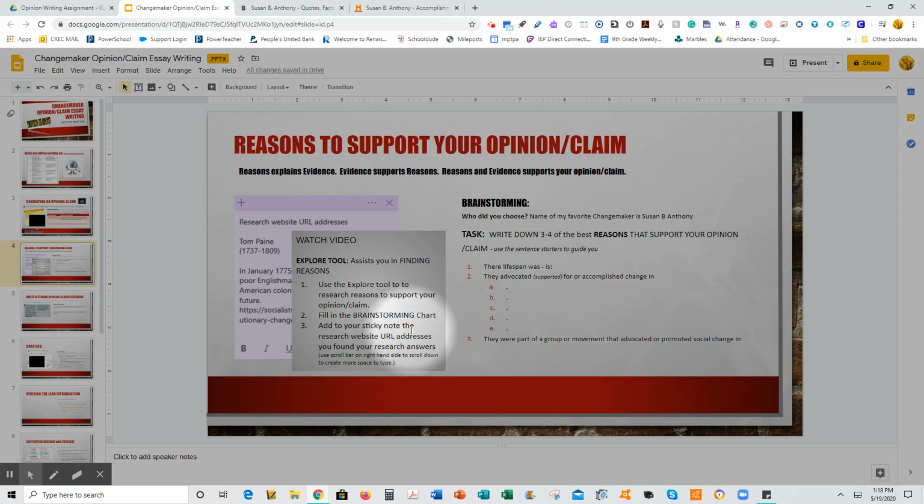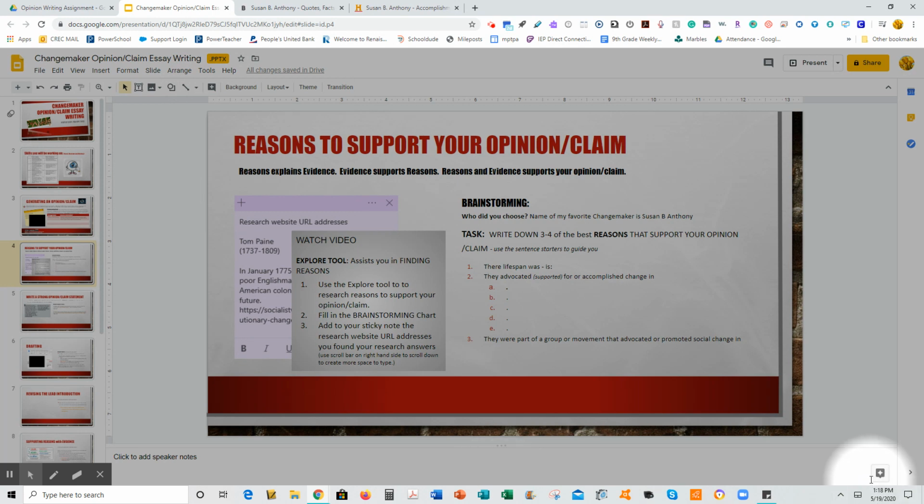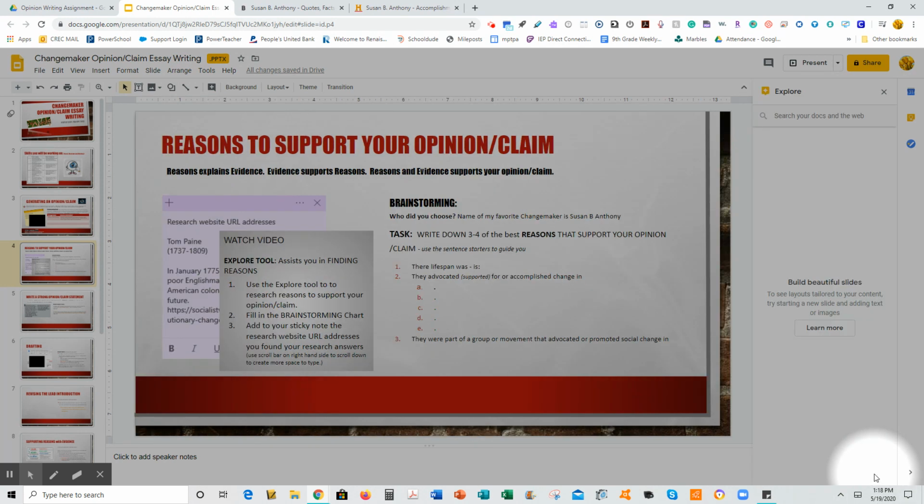Okay, so I'm going to show you how to use the Explore tool. You can either get to it by going to Tools, then Explore, or you can hit this little Explore icon on the bottom. Now here, don't worry about beautiful slides right now. You're going to want to go to Search, and the first question it asks you is the lifespan.